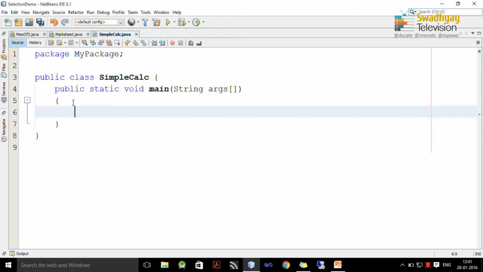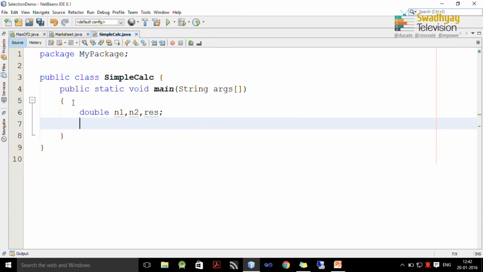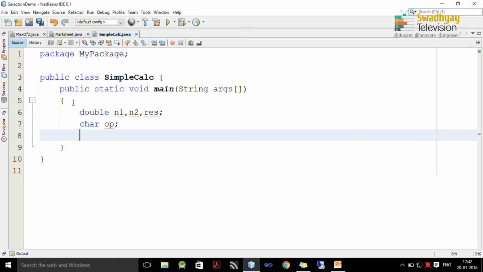Now, we define 3 variables n1, n2 and result. n1 and n2 are input by the user and in result we are going to store the arithmetic operation result, and we have one character variable operator which takes plus, minus, multiply or division symbol to perform the necessary operation.